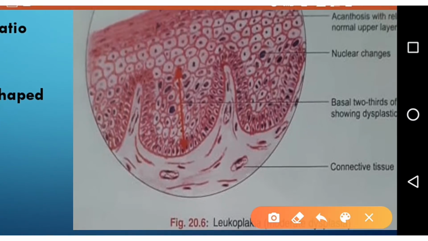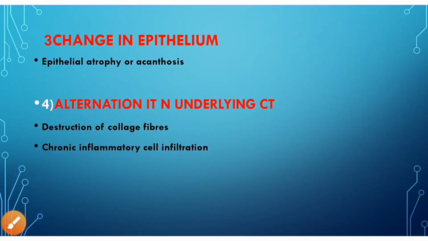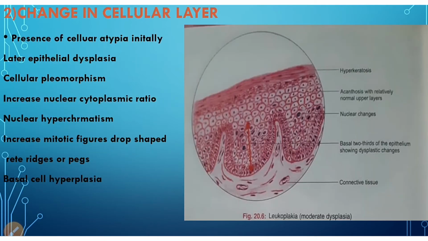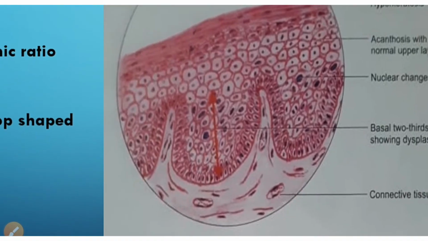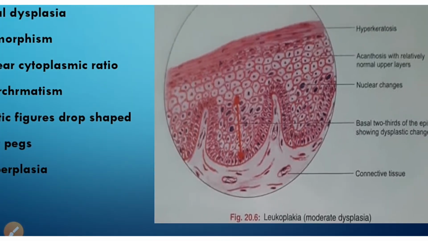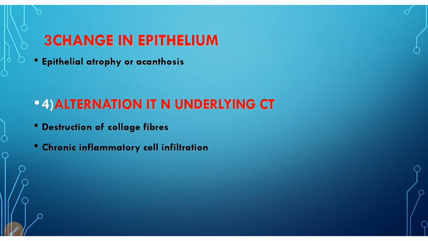As you can see, there is also a change in the epithelium. The epithelium either undergoes atrophy or acanthosis. Acanthosis means there is an increase in the layer of stratum spinosum. You can see here in the picture, there is acanthosis in the stratum spinosum. Also, there is alteration in the underlying connective tissue. There is destruction of collagen fibers, and there is infiltration of chronic inflammatory cells, such as plasma cells,